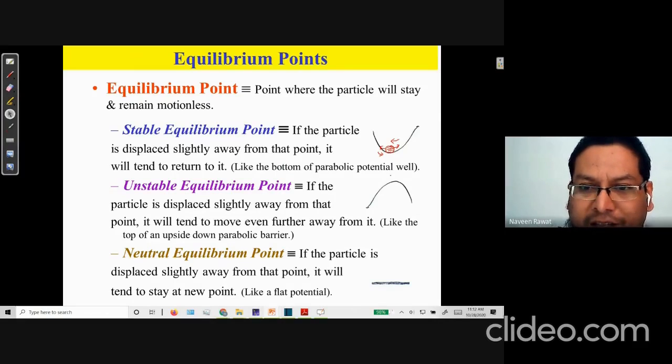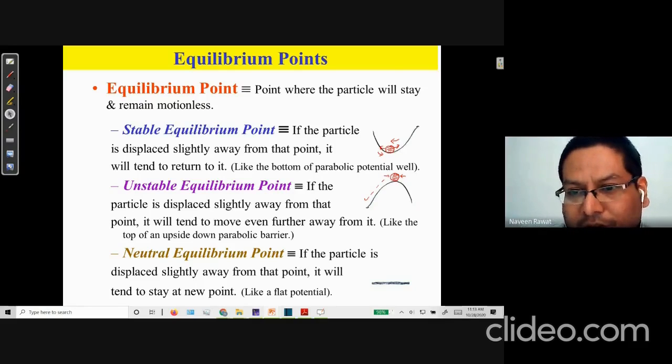Okay, and similarly, if I put a particle at the top of this hill, again by intuition you can realize that, suppose you have just managed to keep it in a stable situation, that it is just sitting there without any force acting, but if I just push it a little bit on one side, then this particle is obviously going to roll down this hill. And similarly if I had pushed a little bit on the other side, it will just roll down. Okay, and this situation of the particle existing on top of this hill is your unstable equilibrium point.